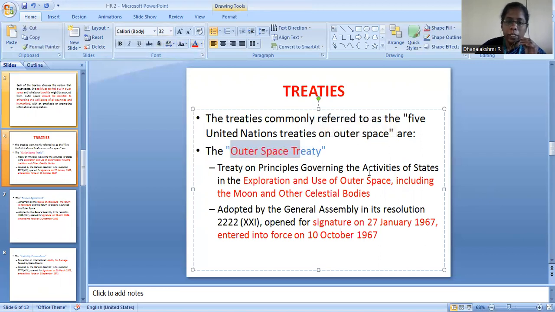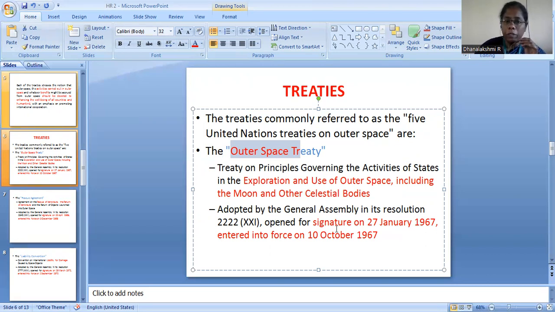This treaty deals with the principles governing the activities of states in the exploration and use of outer space. So this treaty governs the activities taking part in outer space, in the exploration and use of outer space, including the moon as well as other celestial bodies. It is adopted by the General Assembly in its resolution